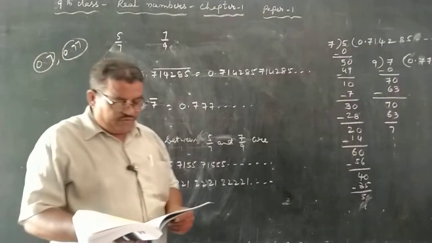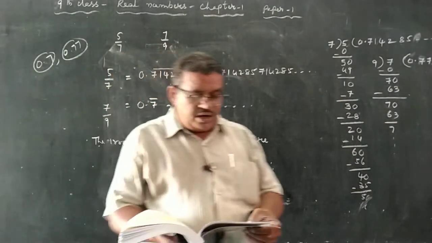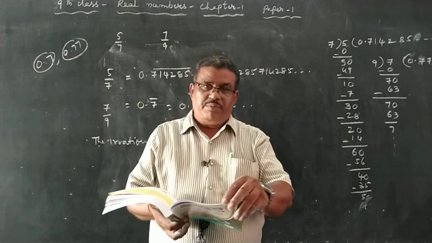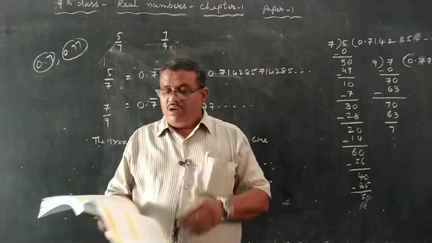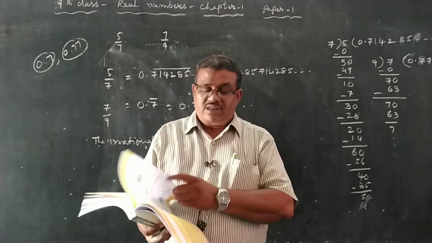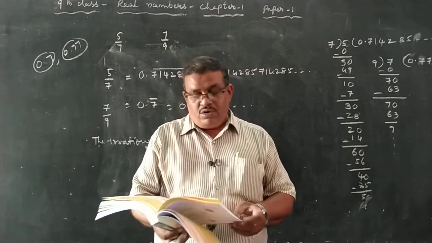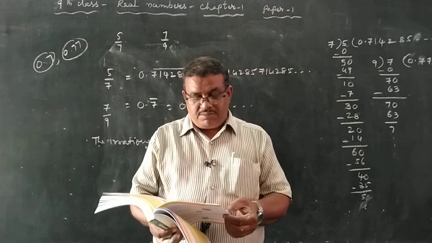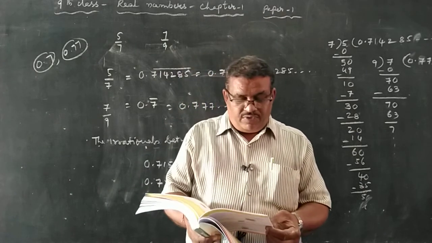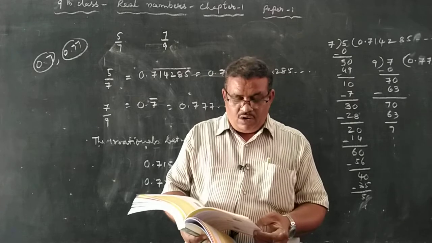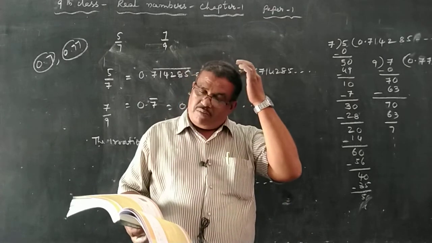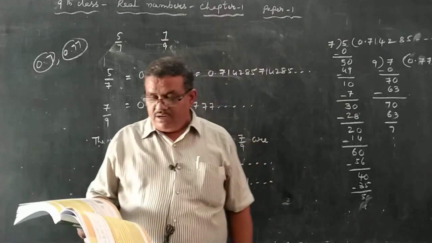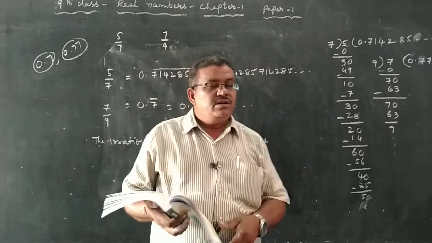And go through the 5th and 6th problems. Clearly, these problems we already discussed in the previous class. Find the value of √2 and √3 by using the division method, we already did. So you have to do these two problems, the 5th and 6th, in the same pattern. Locate √10 on the number line. Locate √2 on the number line. This will be discussed clearly in tomorrow's class.